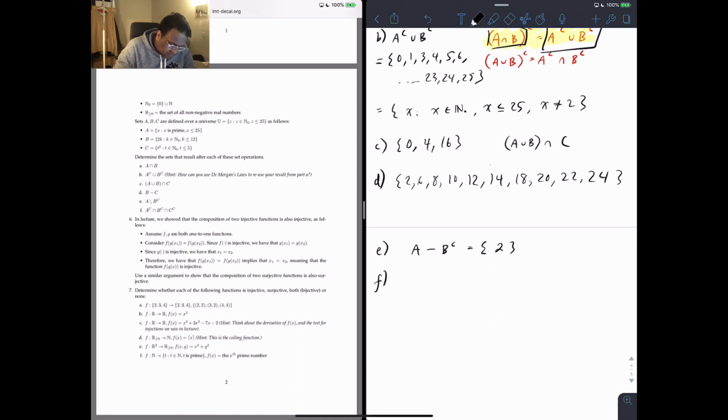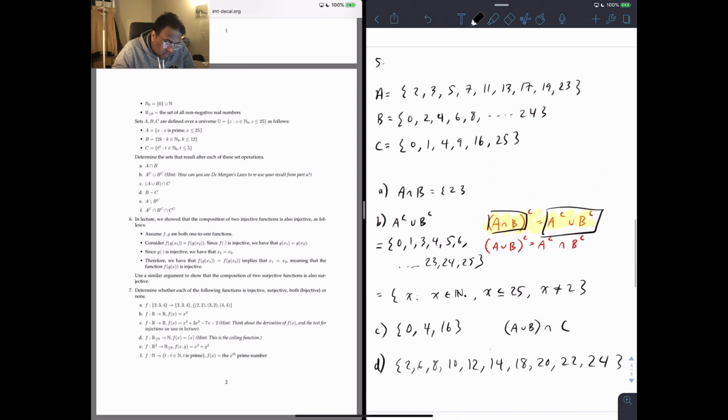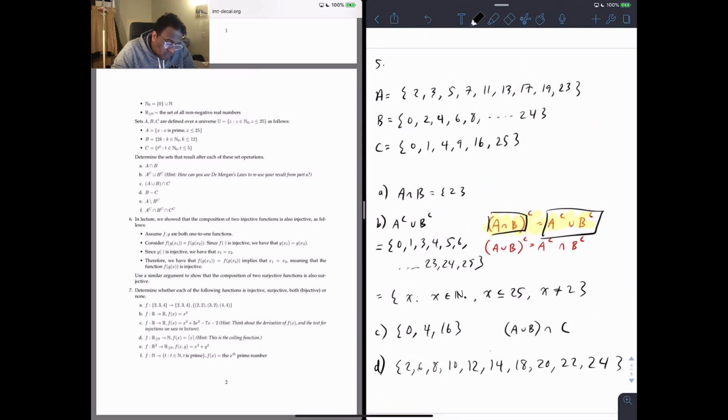Lastly, A's complement intersect B's complement intersect C's complement. What we're looking for here is a set of numbers that are not in A, not in B, and not in C. For this, the easiest method might just be to visually look at all three sets and look at which elements are not contained in any of them. So let's see, 0's in at least one of them, 1's in at least one of them, 2 is, 3 is, 4 is, 5 is, 6 is, 7 is, 8 is, 9 is, 10 is, 11 is,